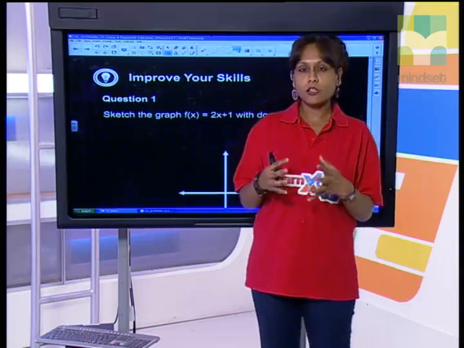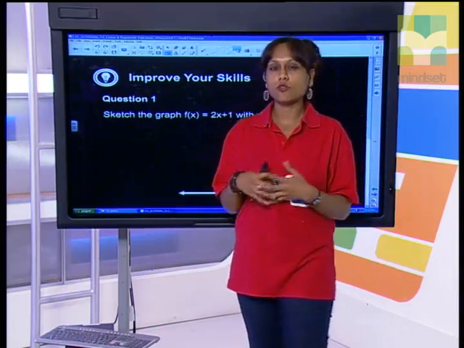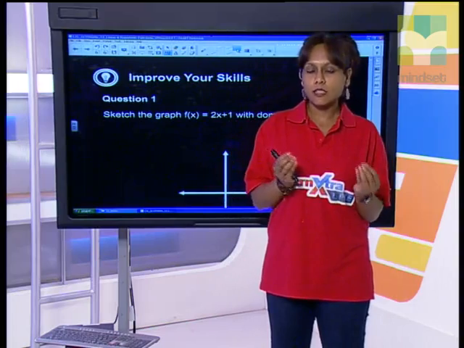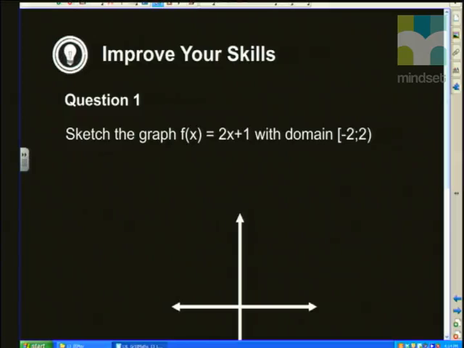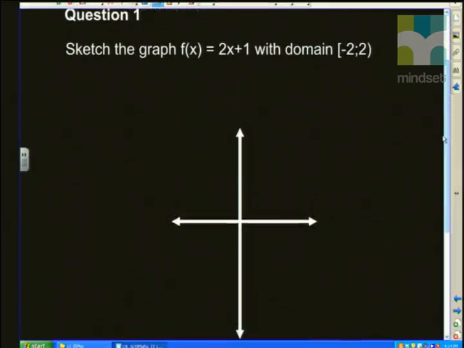Now it's time to get on with today's lesson. We're firstly going to look at question 1, which is asking us to draw a straight line. Here it's slightly different though because they've given us a restricted domain. They say sketch the graph f of x is equal to 2x plus 1 with domain minus 2,